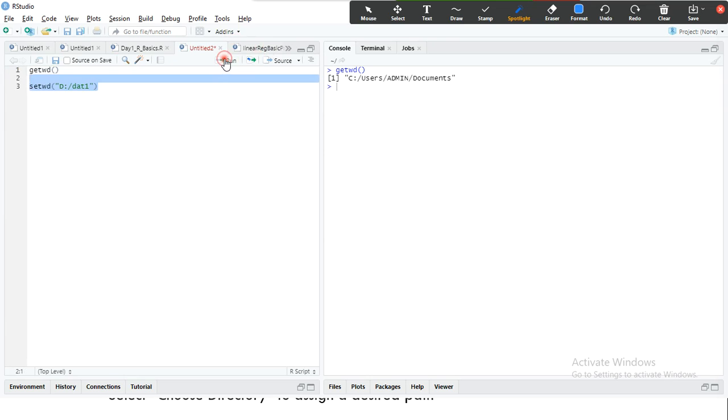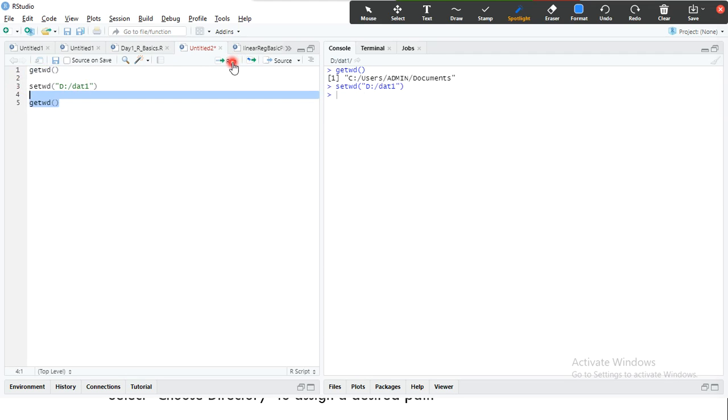This overrides the default folder location where RStudio is currently pointing. Now I'm going to recheck whether the directory got reset. Yes, now RStudio is pointing to a new directory, d:1.